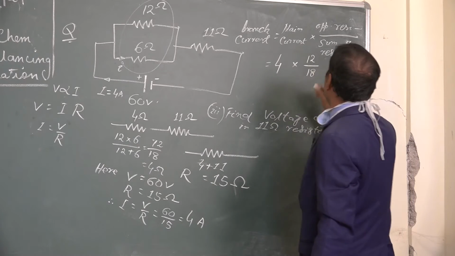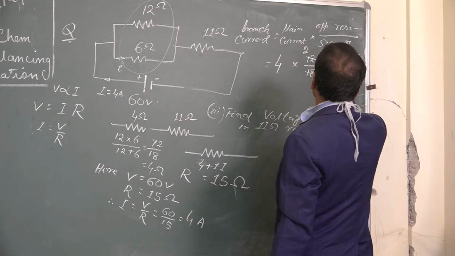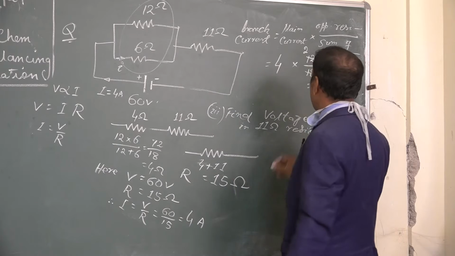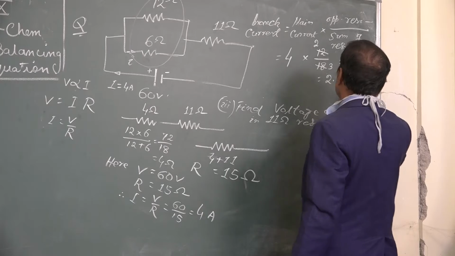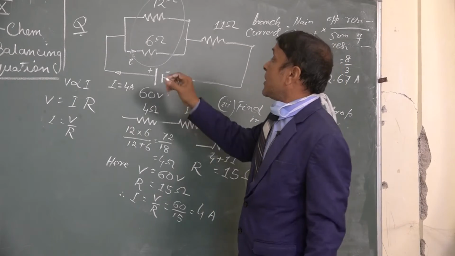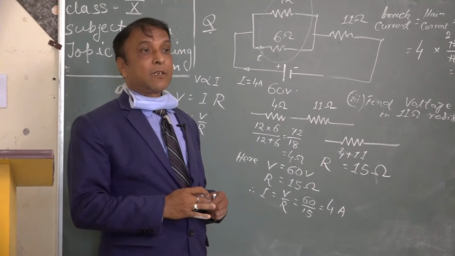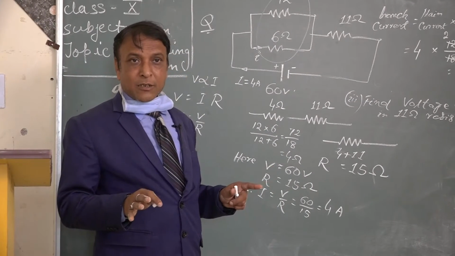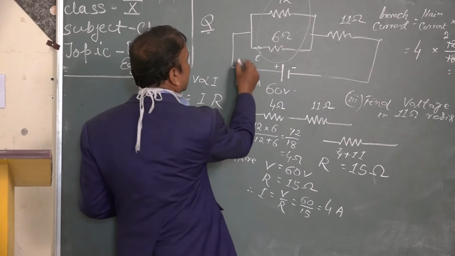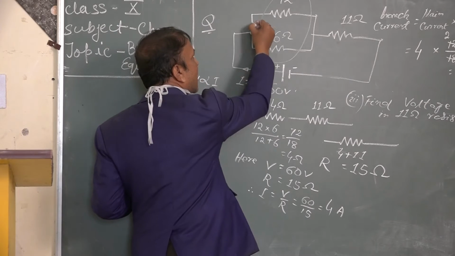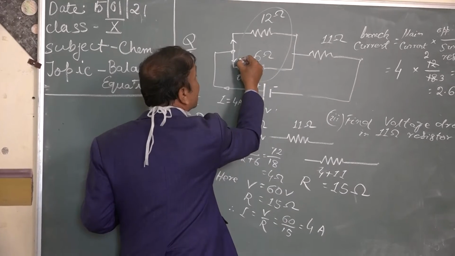Very good. So by 6 it is cancelled to 2, by 6 it is cancelled to 3. So this is equal to 8 by 3, that is equal to 2.6666, or you can take 2.67 ampere. As these are in parallel connection, I told you before that the current will divide in different branches. So here the main current came up to here. Here it is divided. We got that the current in this branch is equal to